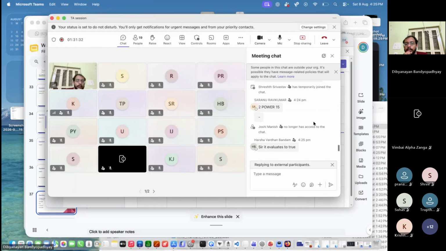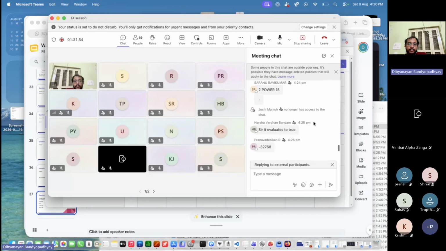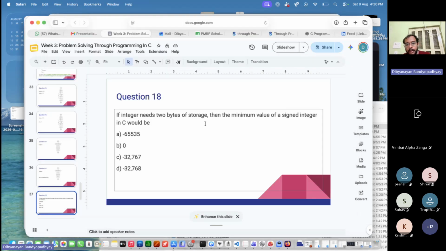Correct, correct. It should evaluate to true. Yeah. I mean the whole statement, if a equal to 10 and if the value of a is really 10, right? So a equal to 10 will be 10. Then if 10 means if true, then the whole value should also evaluate to true, I think. Minus 32,768. How do you get it? 2 to the power 15. So yeah, so let me clarify it first, then we'll discuss that part actually. So sorry for